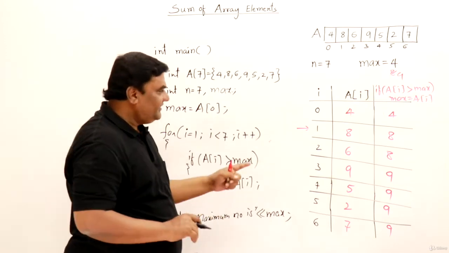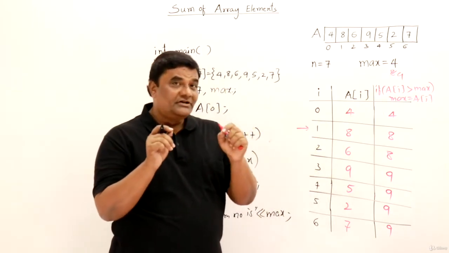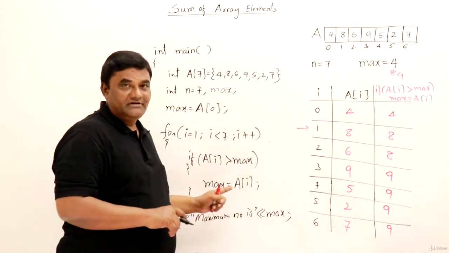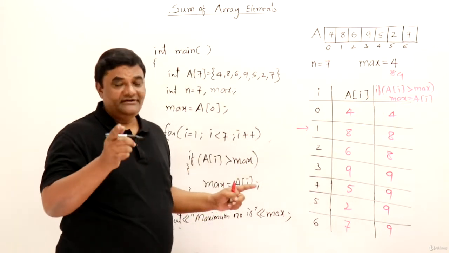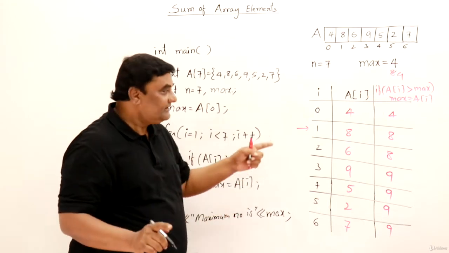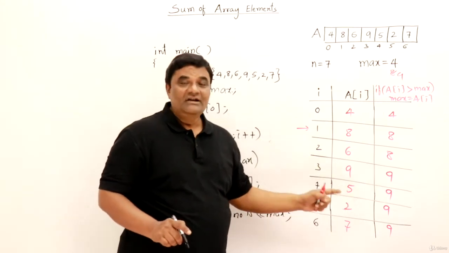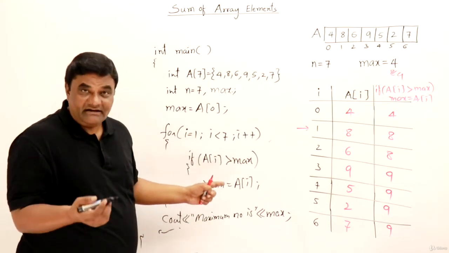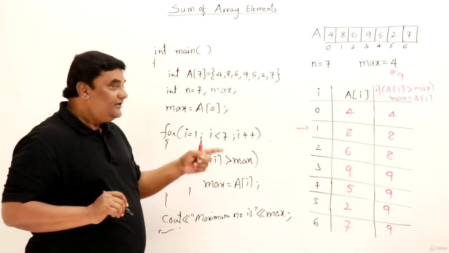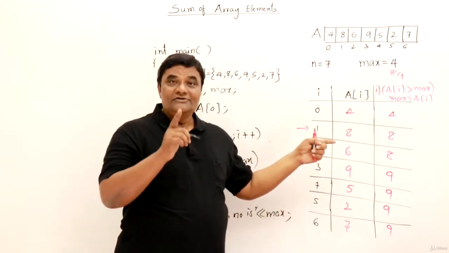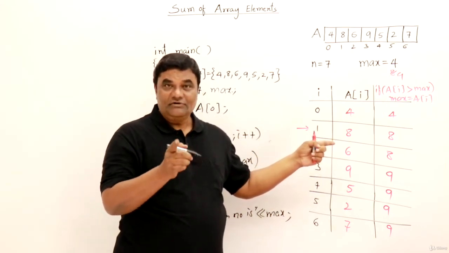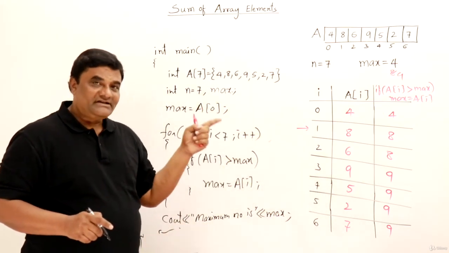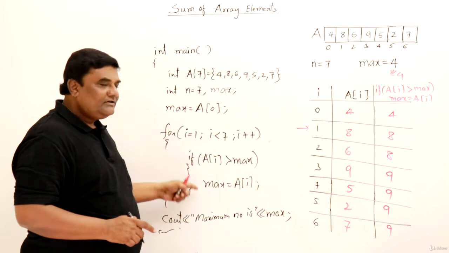So for this, actually we have prepared this table and observed its working, and based on the working, we have written the program code, right? So if you are a beginner, if you are learning how to write programs, then this type of work is very important for you. If you try to directly jump here and try to write something and expect correct results, you may not get it. You should get the correct result on paper. You should know what you are writing, right? If you do some paperwork, that will tell you whether your steps are perfect or not.